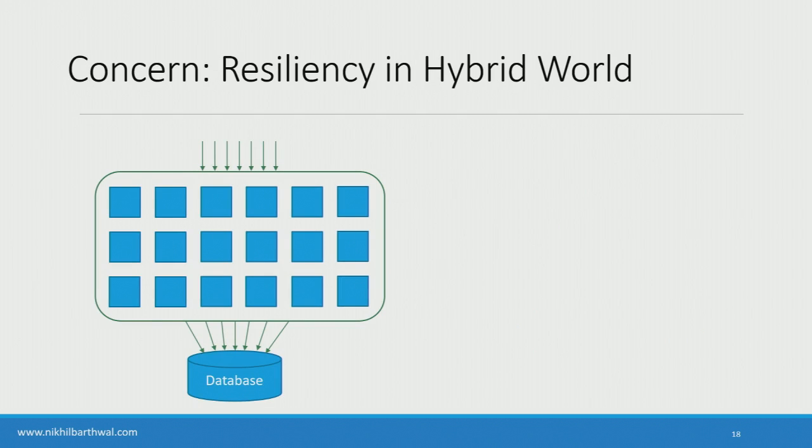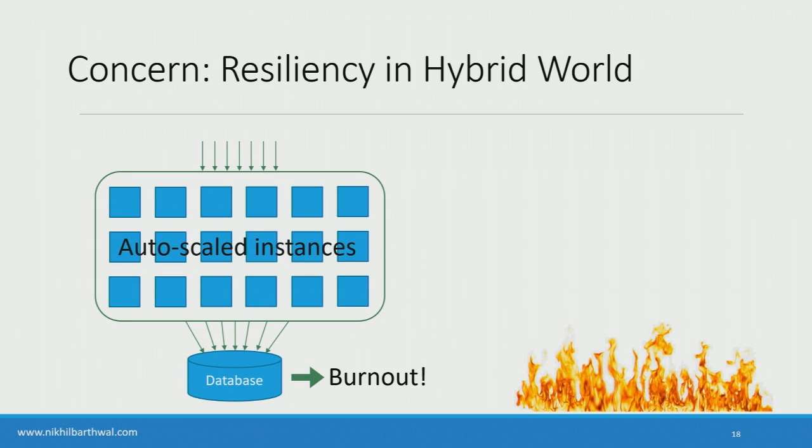All right. So one of the concerns in the hybrid world, this is probably not the case if you use a managed database like DynamoDB or anything on the Azure side, could be Cosmos DB. But let's say when you have a hybrid world, when you're using a traditional database, your functions here, they're auto-scaled. So you don't know how the scaling would increase. What happens is burnout, because so many connections go to that database, the database cannot handle. You want to avoid such a burnout.